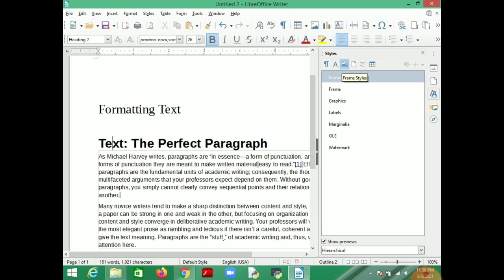Then you can choose graphics, frame styles, how you want to arrange your document text on your document. Default styles or first page, footnote, HTML.